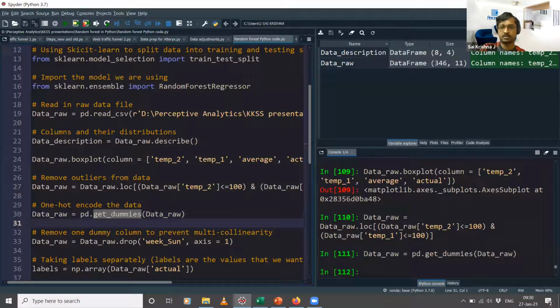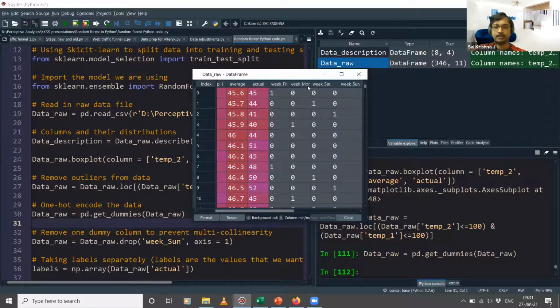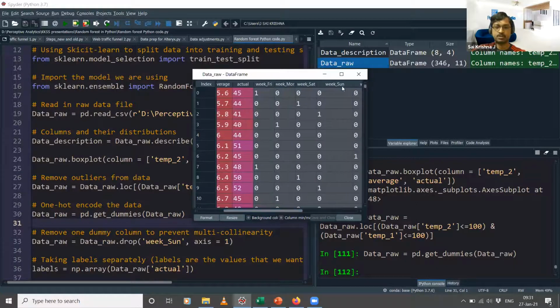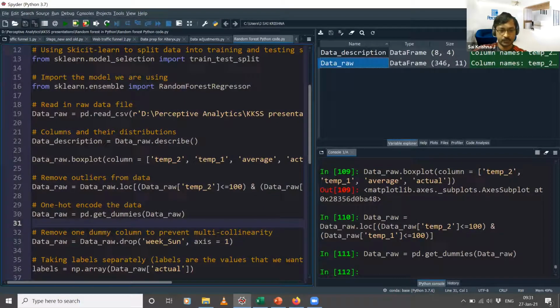The moment I run this, you see that 5 columns has become 11 columns. Out of the 5 columns, 1 column was the weekday column, so that column would have been removed now, and it has become 4 plus 7, 1 for each day of the week. You can see there is 1 column for Friday, 1 column for Monday, 1 column for Saturday, 1 column for Sunday, like that. So we have the dummy variables for each categorical value.